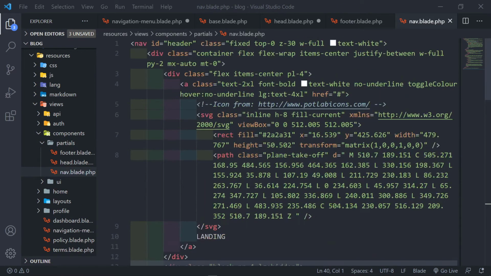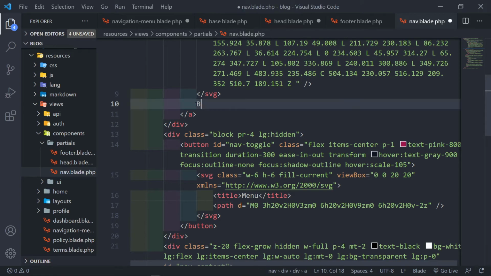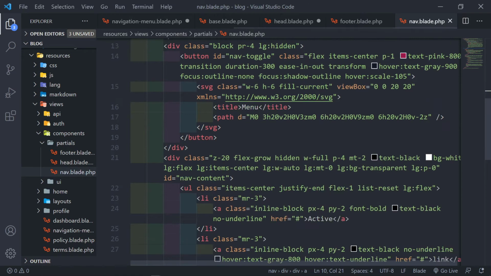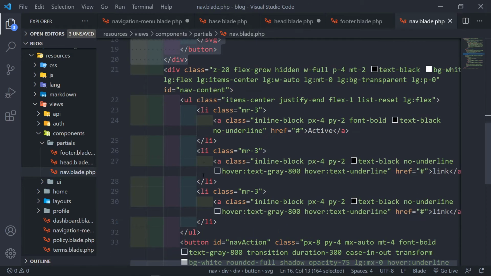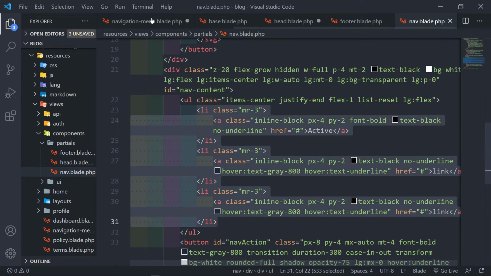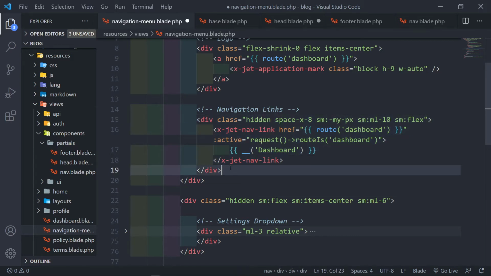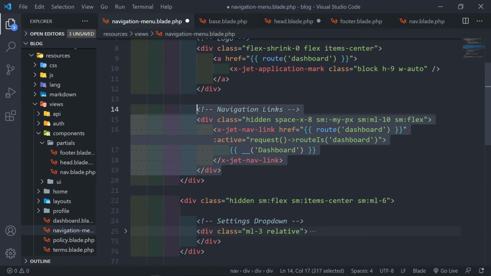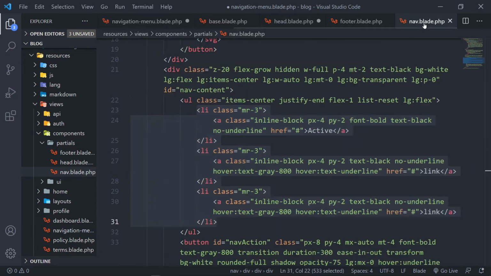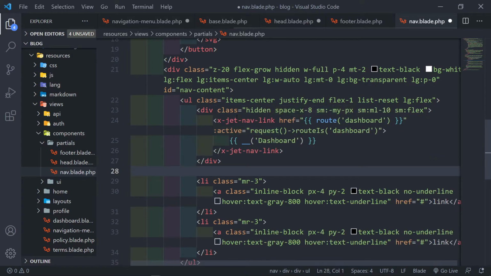You will have, obviously, the logo right there. It's called landing. I'm just going to change it to blog. Now, we've got our menu right here. The list items that we have in here, I'm going to replace with this one right here. If you go to your menu, you see this nav link navigating to your dashboard. Just copy that. We're going to paste it in here. So that's the first one,